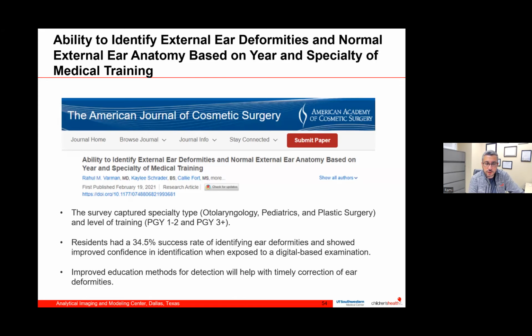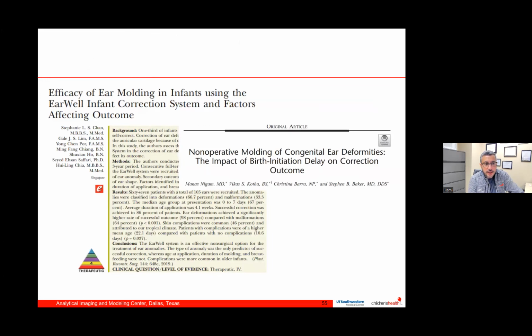And in the future, they will have to have surgery on their ear if they want it to be fixed. There are many molding or ear molding techniques that can correct the ear. One of them is ear weld. For us, we don't use that. We use other techniques that I will show you later.